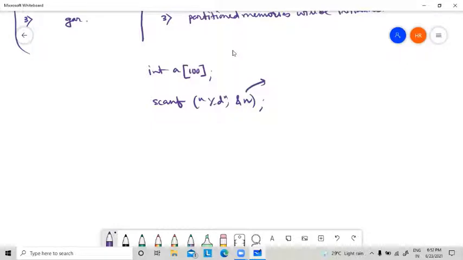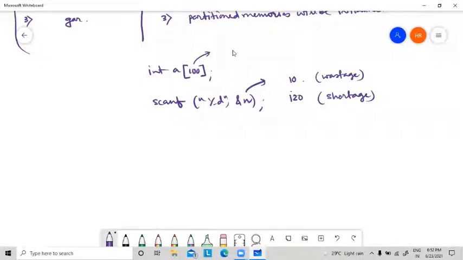Suppose this value of n is 10, but you have allocated 100, so there is a wastage. Similarly, suppose instead of 10, I enter the value of n as 120. It can be considered a shortage because I have allocated 100.